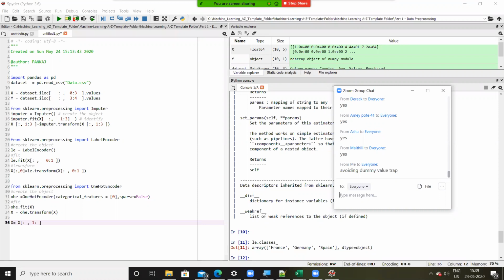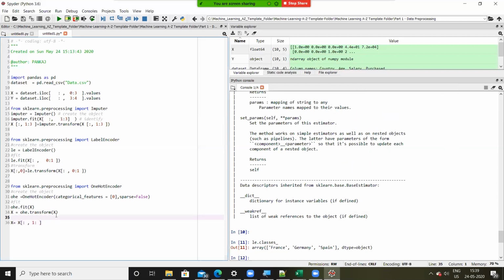In order to avoid it, we ignore one column from the n columns that were newly added because of one-hot encoding. And why are we ignoring it? Because there is a duplication. So line number 36 is nothing but avoiding the dummy value trap.